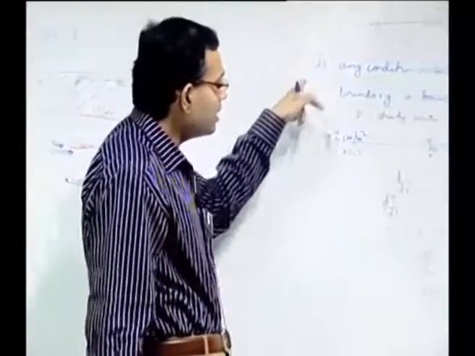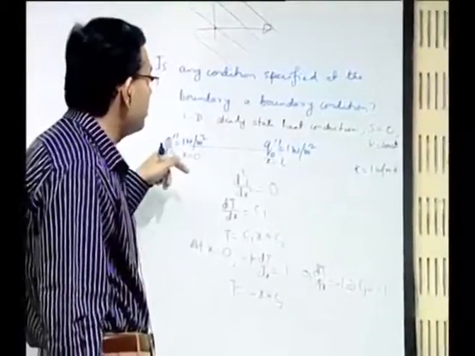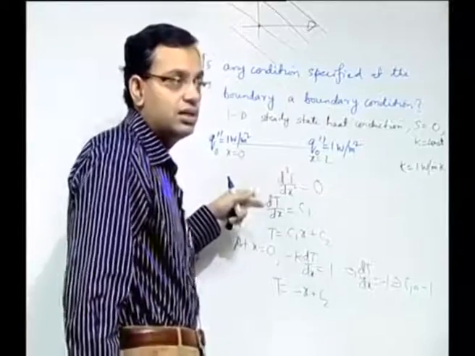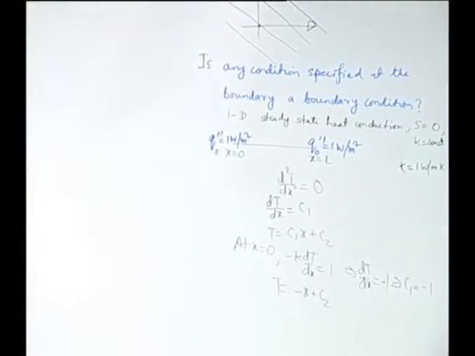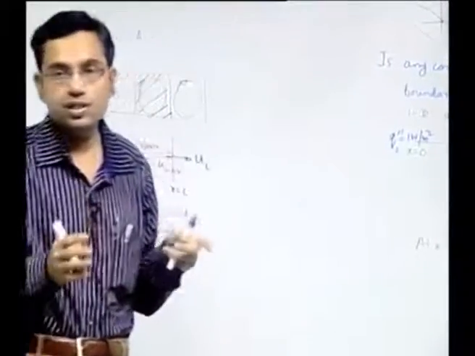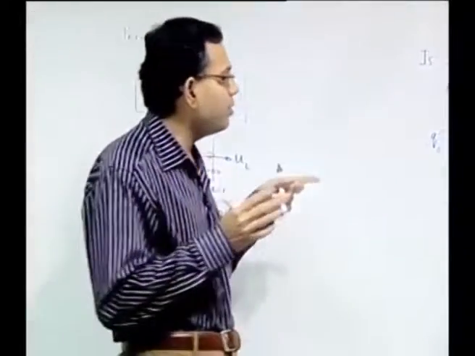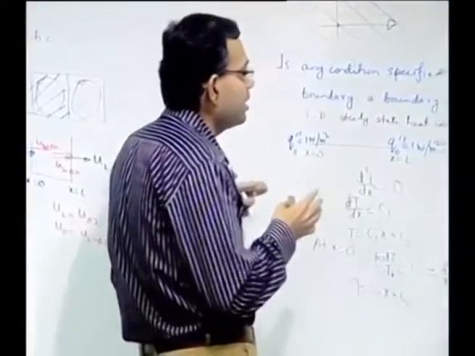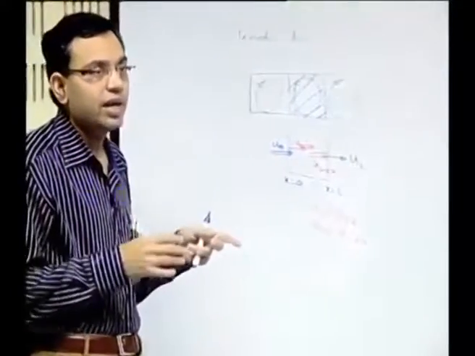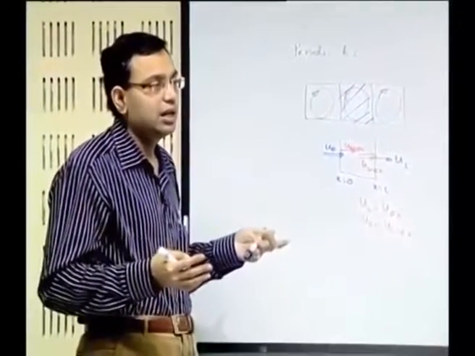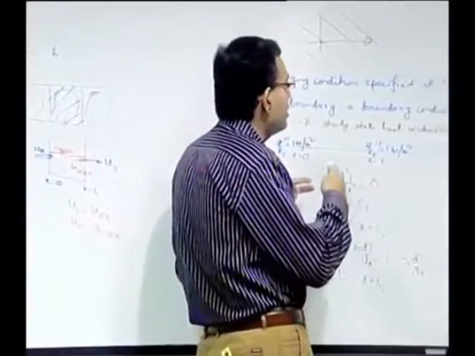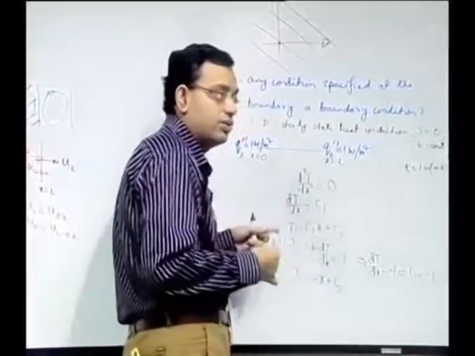So we can understand from this example that we have given some condition at the boundary, but that is not a legitimate boundary condition. Whenever you are interested to pose a well posed boundary value problem, you must keep in mind that the boundary conditions should be such that it is well posed. Otherwise you can arbitrarily specify the boundary condition that may be physically consistent, but that does not give you a guarantee that it will give you a unique solution.